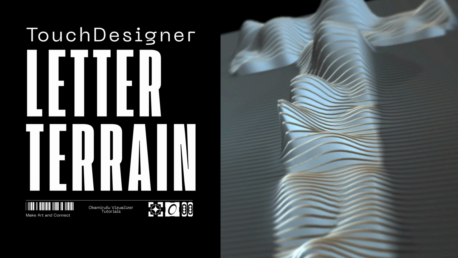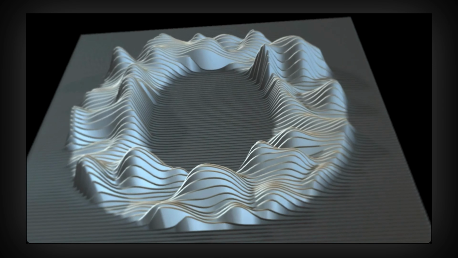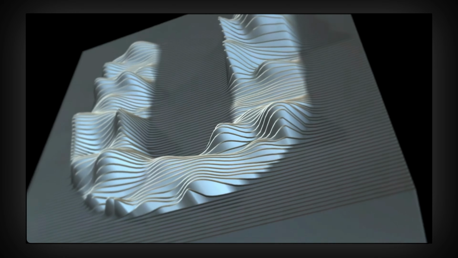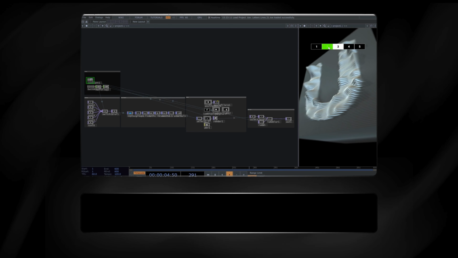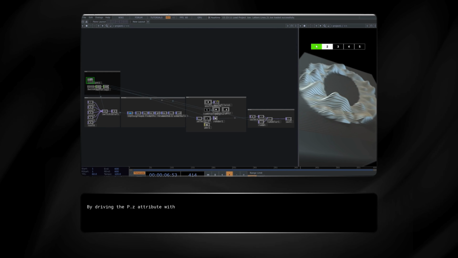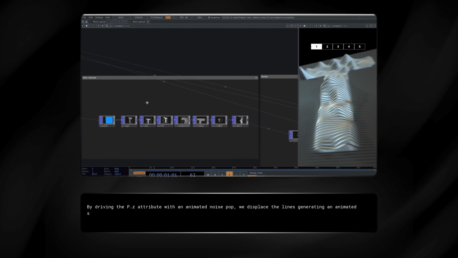Welcome to the super fast TouchDesigner tutorial series. In this tutorial, we will create this letter terrain effect, converting blurred text TOPs into 3D line strips using a Top to POP. By driving the P.Z attribute with an animated noise POP, we displace the lines, generating an animated system